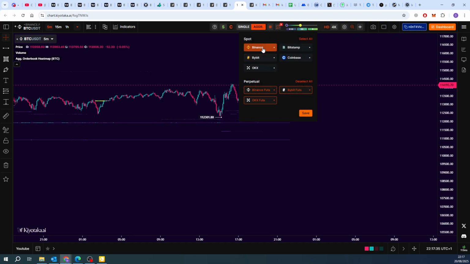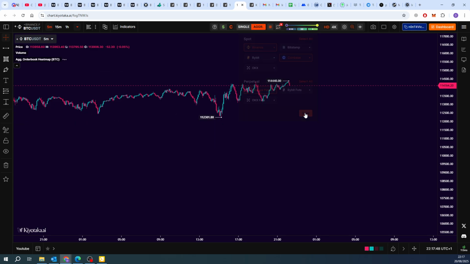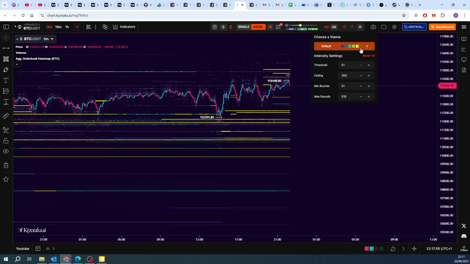What I do is I always want Binance Spot. I want Binance Spot, Coinbase Spot, Binance Futures, right? So that's my aggregation. Then you click Save. That's all I want. That's all I use. And then for the aggregation, it just automatically does that. I'd always flip it back to